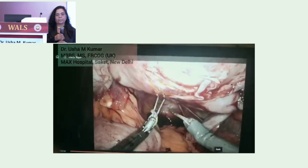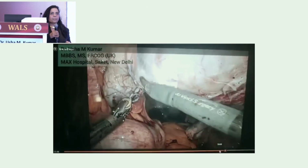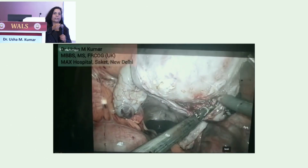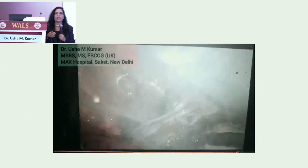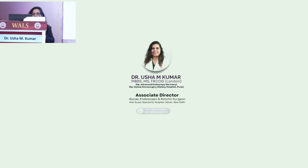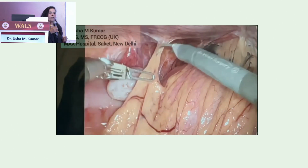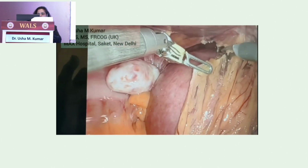Another very important thing, all of us who are doing surgery know that contralateral suturing is definitely better than ipsilateral suturing. For a short statured person like me, it's difficult to put your hand across the patient and suture. In Robo, there is no need to keep your hand across, and you can take all the advantage of contralateral suturing. If you remember, I showed you I'm using the 4th arm of the Robo, basically to use the tenaculum or the grasper. So this patient, a young patient, had very...